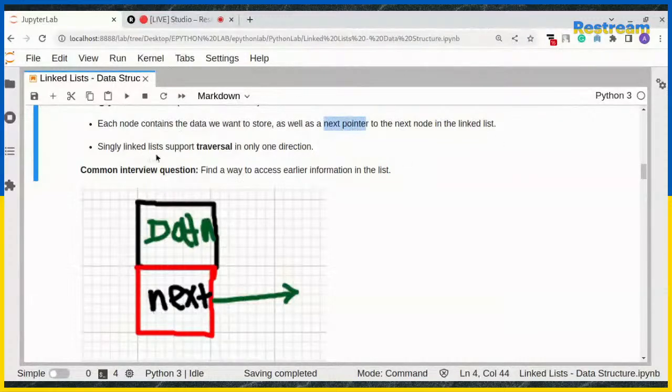Singly linked lists support traversal in only one direction. So this singly linked list is the most common linked list, and the most common interview question on lists is to find a way to access earlier information in the list. This is the most common interview question. So